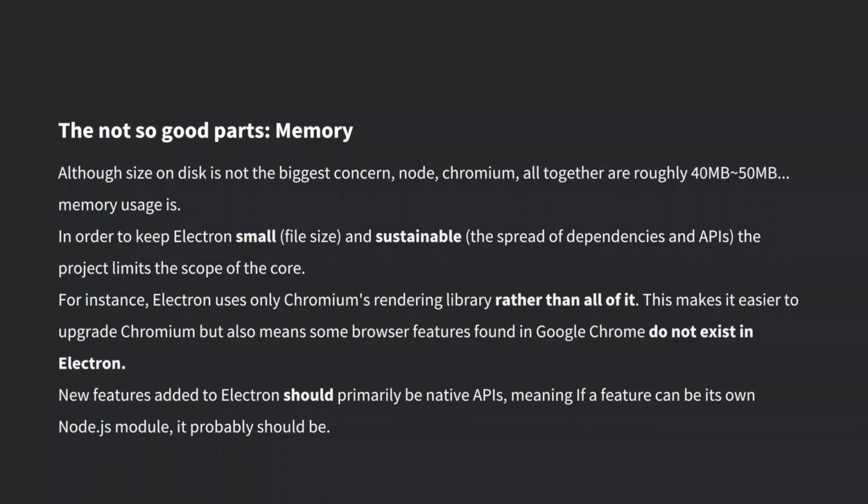The not so good parts. The not so good parts are basically how it handles memory and space, file size. And although the file size is not the biggest concern, the memory usage can be. So we all have these, at least, I have Slack, I have WhatsApp, I have Visual Code, I have GitKraken, and I still have Hyper Terminal, which are all done with JavaScript, and they can be